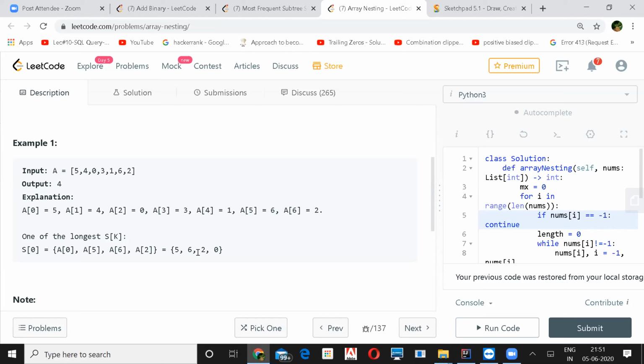So yeah, whichever element. One optimization I can think of is, first, let us start with 0 and create our set, see what is possible. Then we'll start with another index which is not in that set, because if we start with any number which is in the set, we'll obviously end up in that set only.